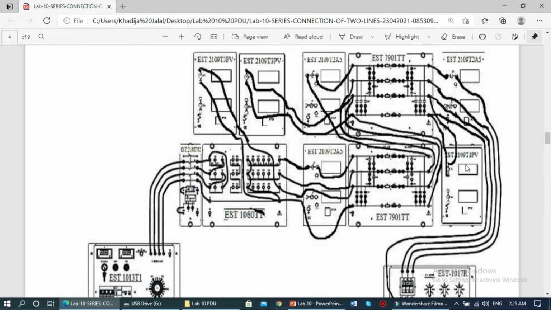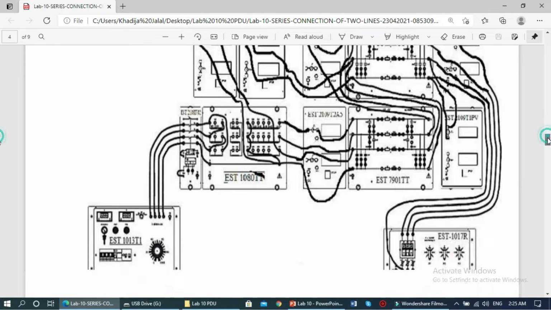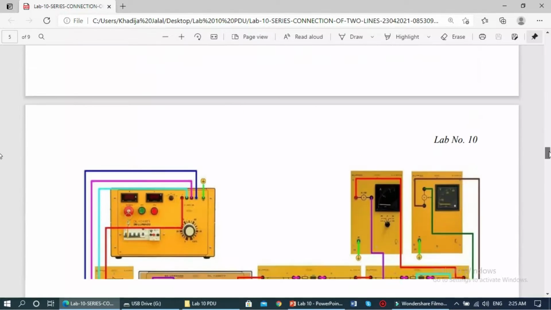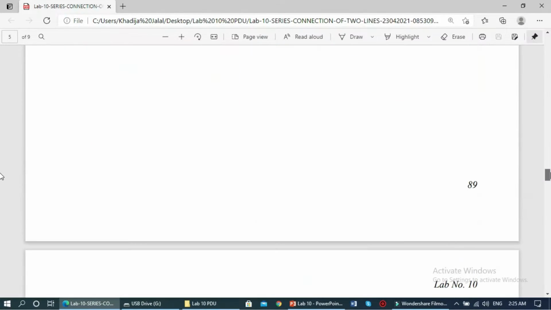Here is our voltmeter, we have to measure the receiving end voltage. Therefore we will connect the voltmeter in parallel here, and also we have to measure the voltage on both sides, on the sending side also. Therefore we will connect the voltmeter here on the sending side, and we will measure the current on the sending side. So students, we will fill the table accordingly. You will see it in the hardware section.